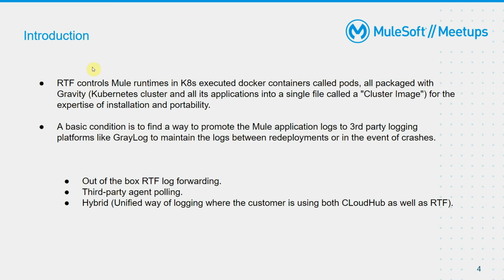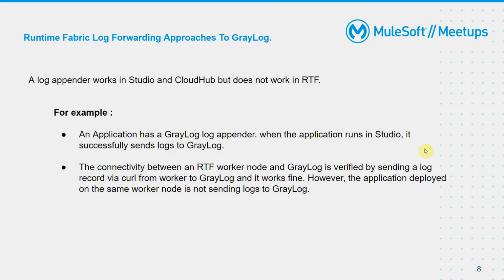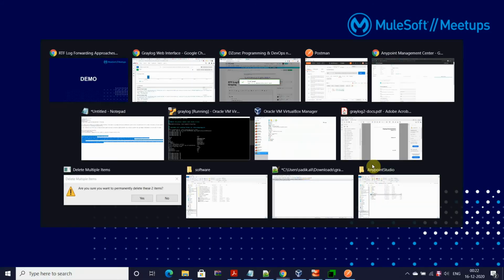The first point I have shared here is that RTF, Gravity, and some other components are responsible for monitoring the platform, activating, running, maintaining, and executing the services. Gravity is where it is configured to send data from one runtime fabric to another platform or external analytical tool. Okay, let's go for the demo.